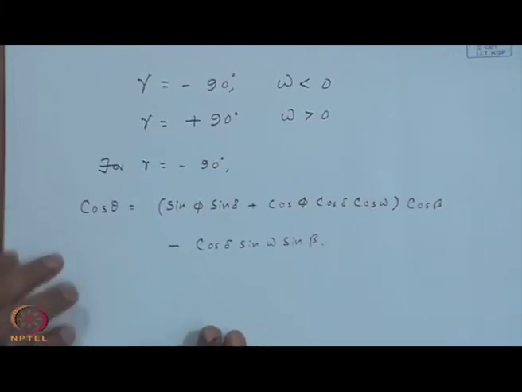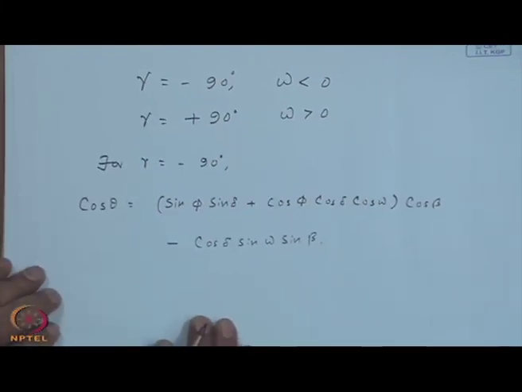So, the third mode of tracking is around a horizontal north south axis, the aperture plane being rotated from east to west, and we realized that the azimuthal angle is either minus 90 for forenoon and plus 90 for afternoon, and the general equation for the angle of incidence will be in terms of phi, delta and omega of course, and the beta. Now, our job